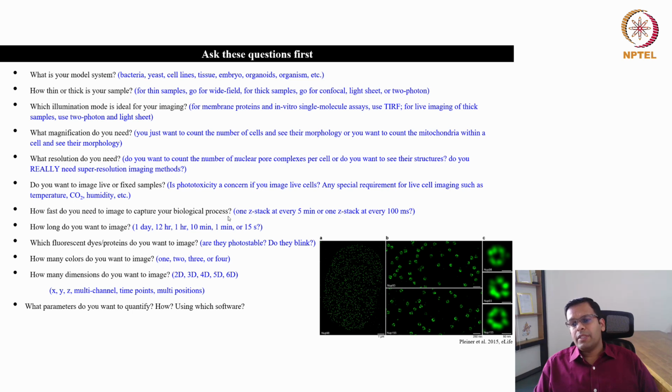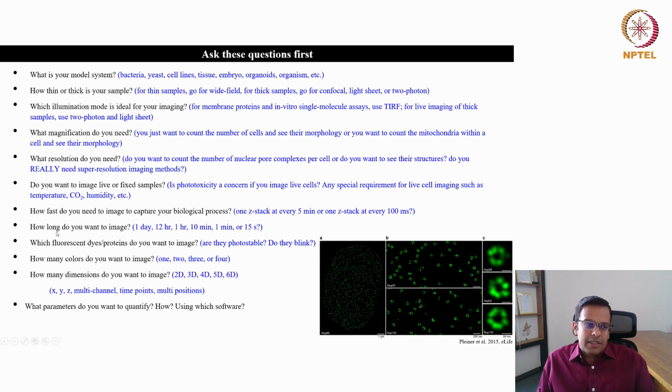But let's say I'm doing single molecule imaging and tracking in live cells, and I have labeled individual molecules of my protein of interest with a fluorescent dye. And those proteins move very rapidly inside the cell nucleus. To capture that kind of fast movement, I cannot go for a time lapse that captures an image every 5 minutes. There I really need a very fast time resolution. I have to capture the images even at 15 milliseconds. So fast.